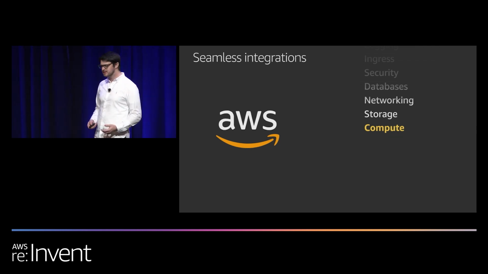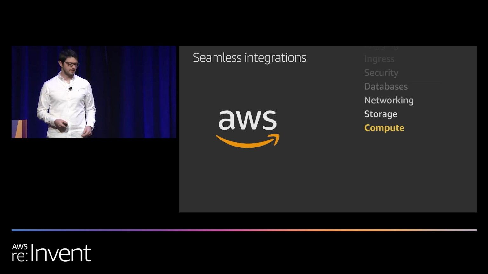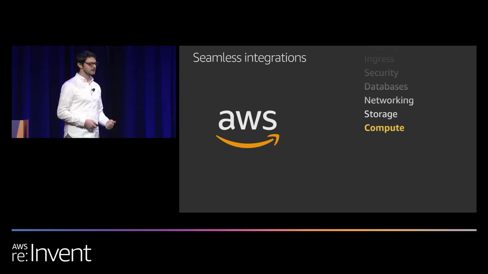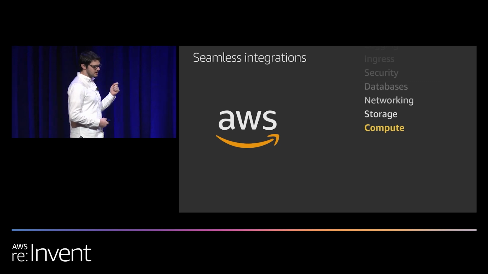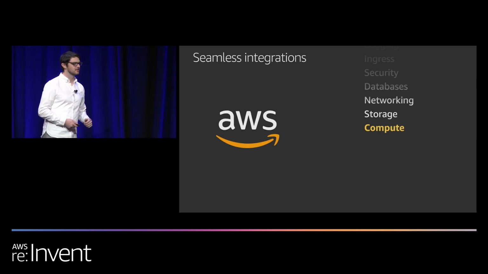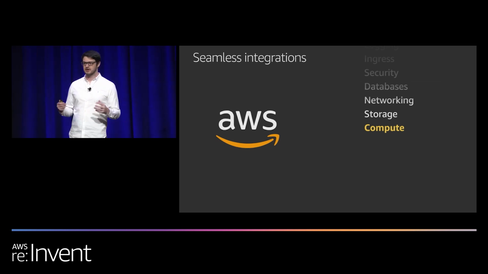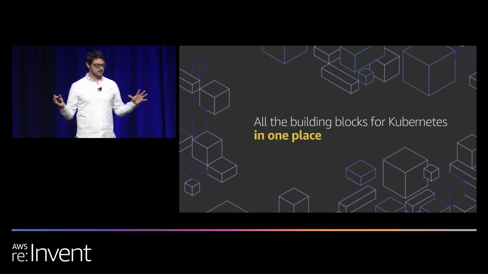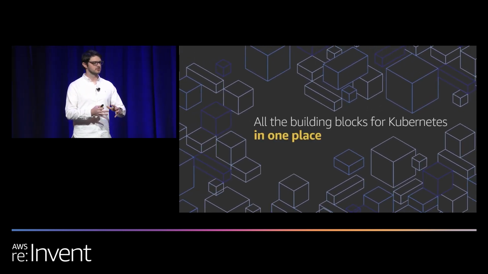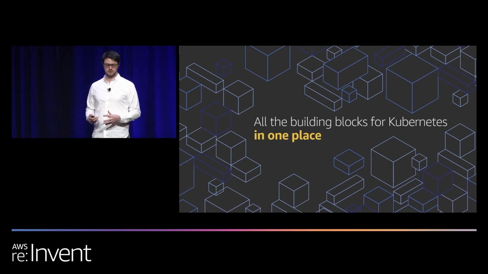So it's super important that along with the flexibility of the API, you get the power of the AWS infrastructure. So this means integrations from things like storage, monitoring, logging, networking, auditing, databases, traffic routing, ingress, all sorts of stuff. Probably the most important thing that we've been working on, which is maybe not the most important, but a very important thing, is compute. It's having everything together. Our goal is that you can have all the building blocks for Kubernetes, all the building blocks that you need to run your application in a single place.